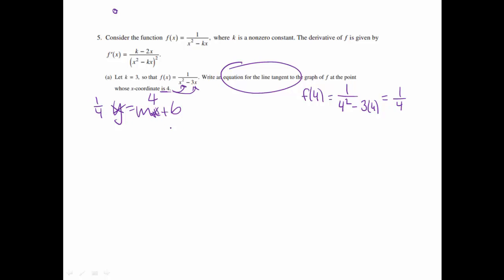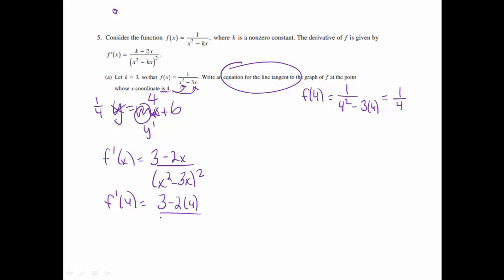So now I just need to find my m. My m is going to be my derivative. So that's going to be y prime, in this case f prime. And on this one, they told me what my k is. So my f prime of x will equal 3 minus 2x over x squared minus 3x squared. And they did tell me my x-coordinate is 4, so now I can go ahead and find f prime of 4. So that will be 3 minus 2 times 4 over 4 squared minus 3 times 4 squared. When I figure that out, it will give me negative 5 on the bottom. I'll get 4 minus 12, which is,